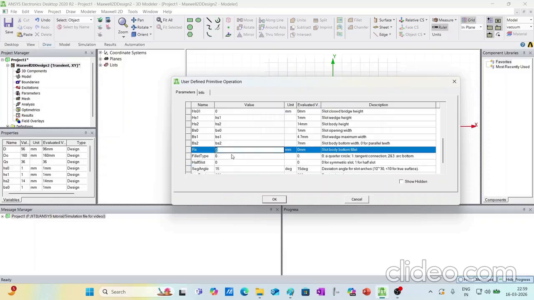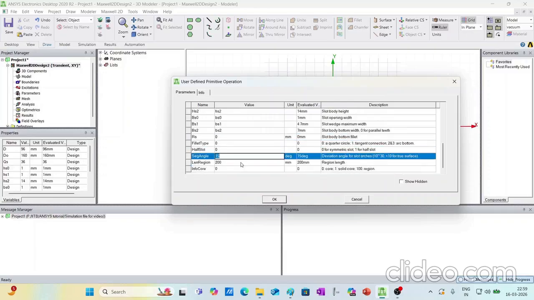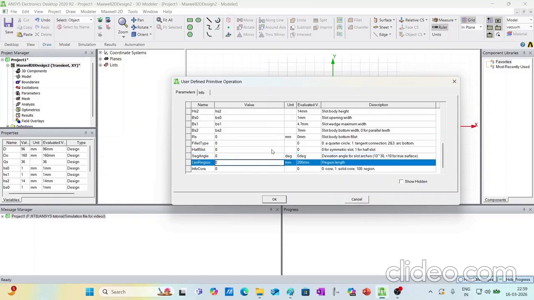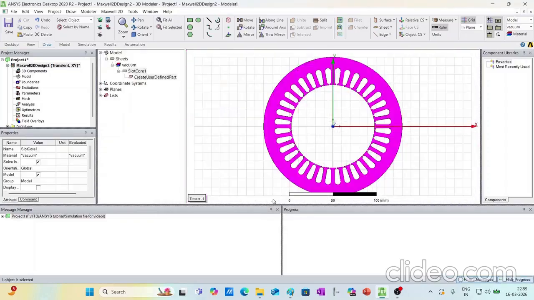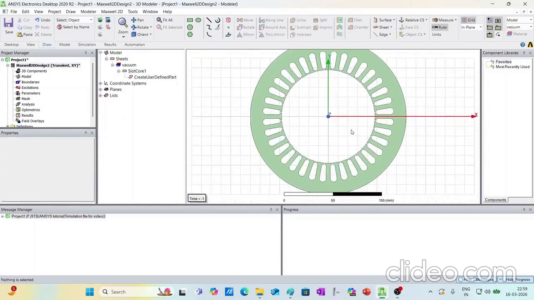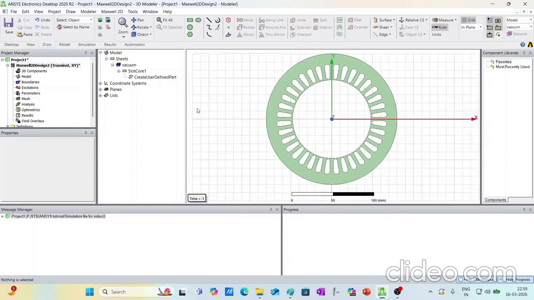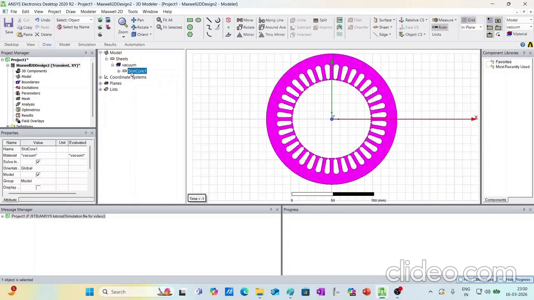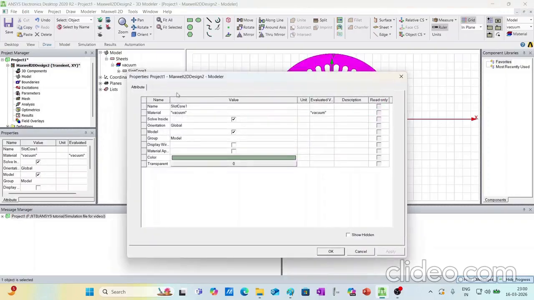Now all the other things, keep them 0, and finally hit OK. So you can see once the stator is created now, the next thing is we'll go to create the rotor. Before that, we'll rename the